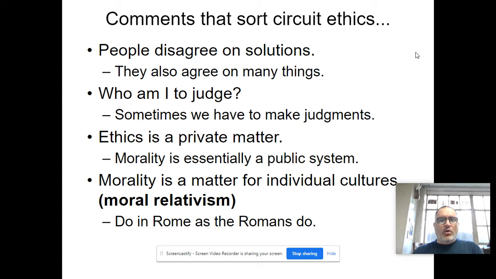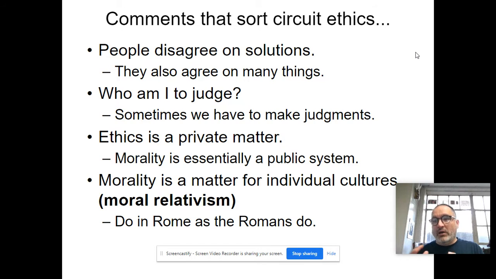Who am I to judge? A lot of times people make those comments. Who am I to judge? Or different cultures do different things, and that idea is known as moral relativism, and it's an idea that sort of says morals are relative to wherever you're from, whatever cultures you come from, and there is a lot of validity in that, and there's a lot of, to use a word you all use a lot, woke. It's a very woke thing to say, but it's also a very dangerous thing to say because